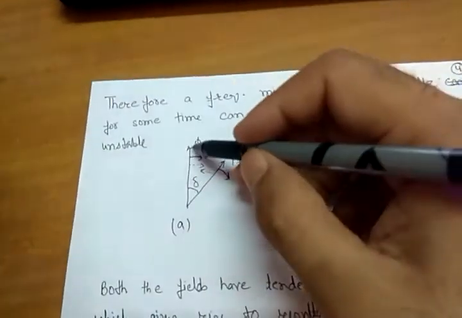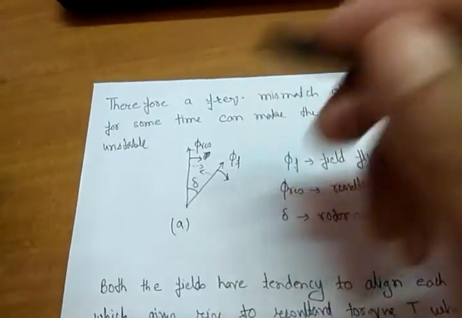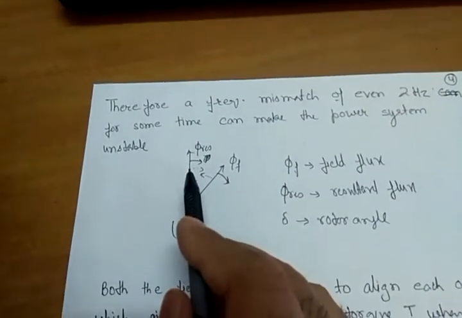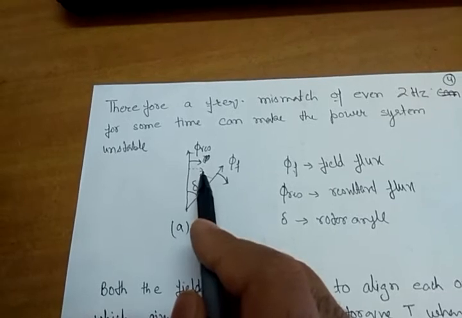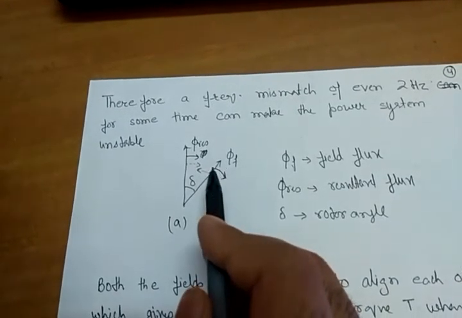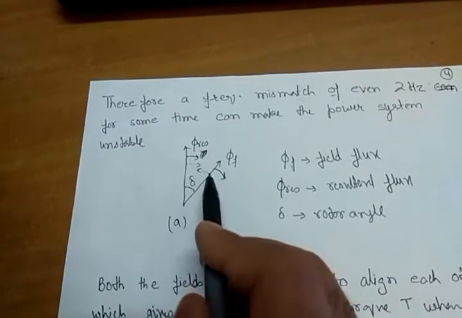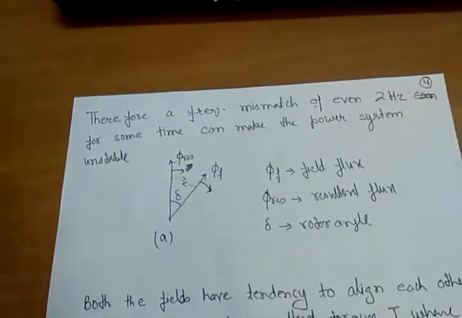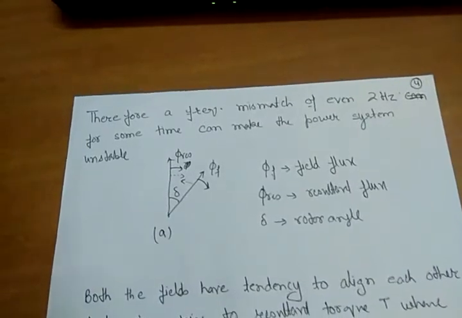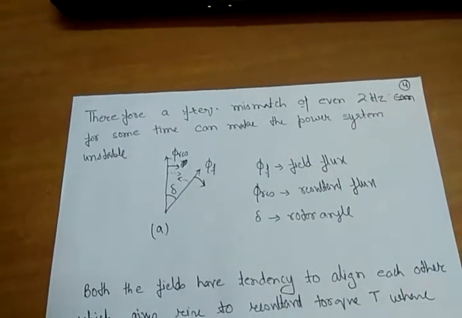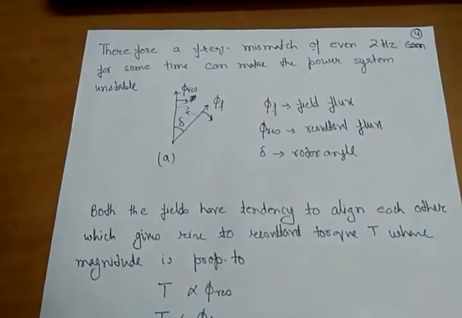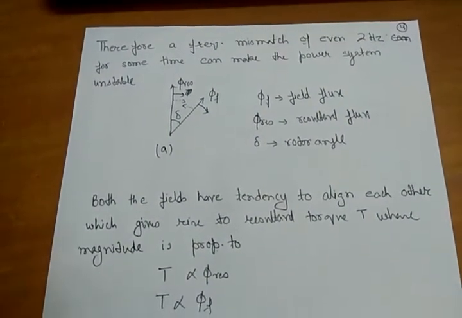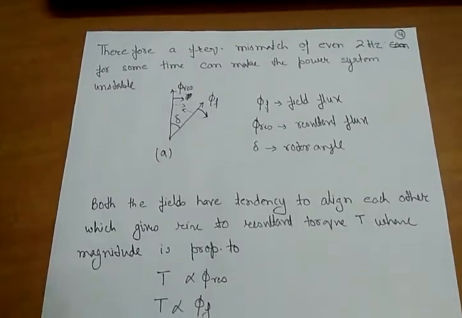But also see, these are 2 fields, and every field has the tendency to align itself. This field will try to align to this field, and this field will try to align itself to this field, means they both will try to come closer to each other. This is the property of the field, that they try to align themselves. Okay, so both the fields have the tendency to align each other, which gives rise to resultant torque, which is proportional to,